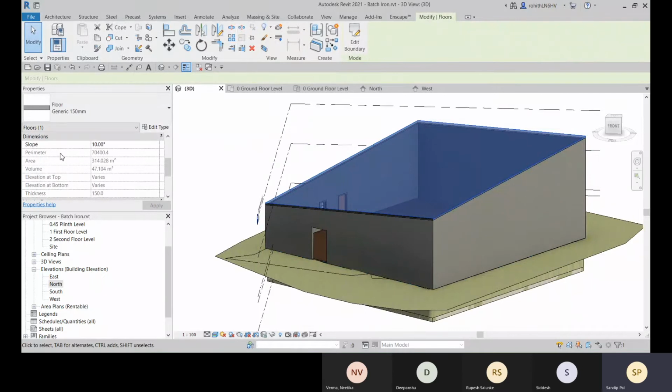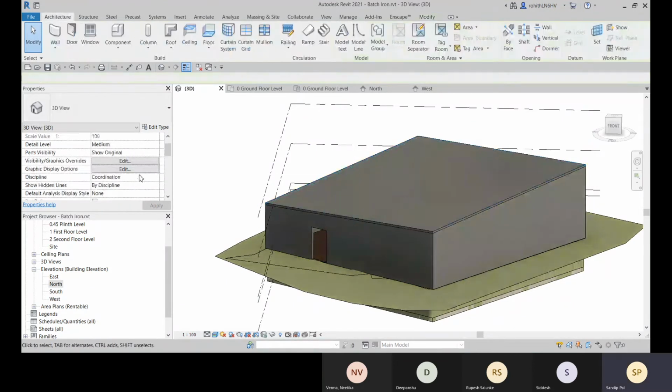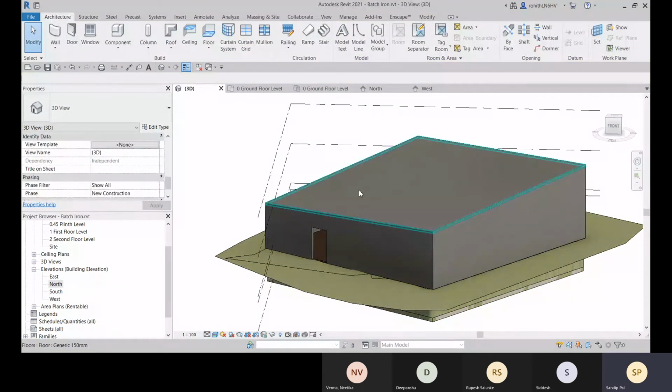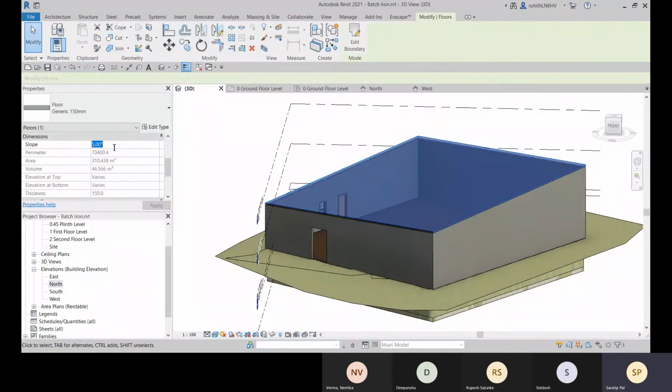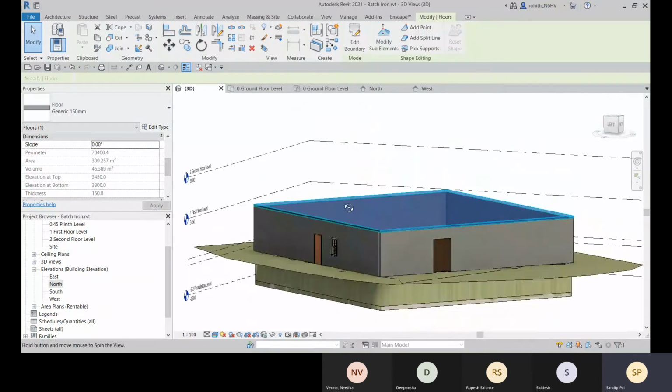And the slope angle can be changed from here. The slope angle. Now, if I don't apply the slope, select it, go for 0. No slope is there. It is a flat.